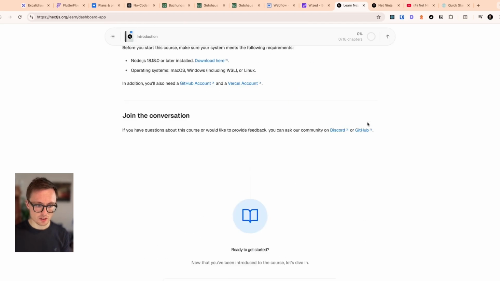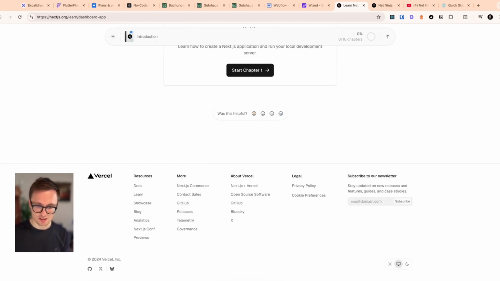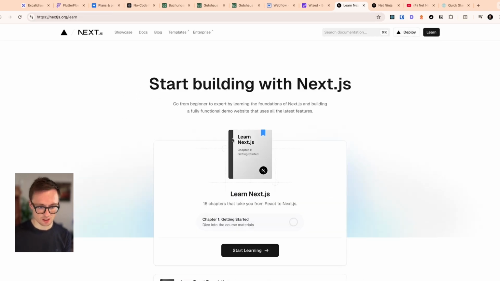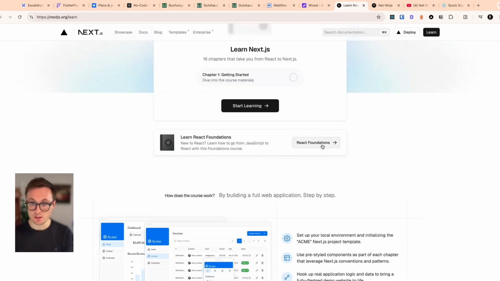And if you want to go and look into React again, I think there's a little React. Let's check. Yeah, Learn React Foundations. There you go. There's something like this as well. Now, personally, I think that's all you need. Because you need to get started a little bit, you need to know what this is about, but you don't want to go into this